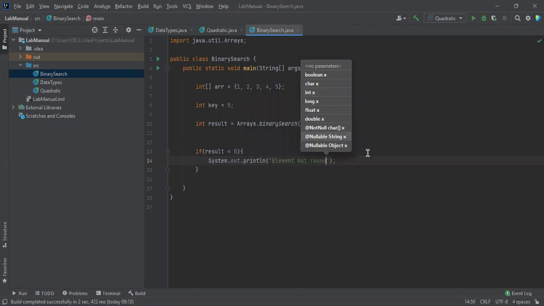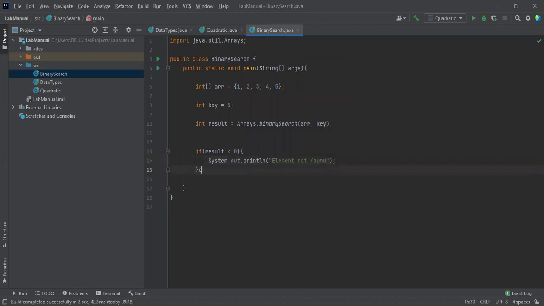Okay, else, let me copy this one so that the time will be saved.